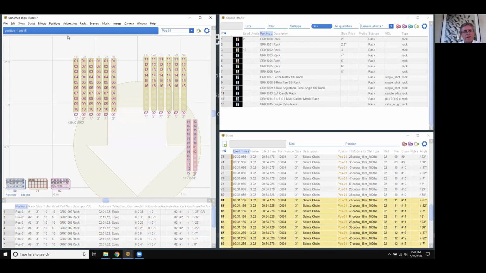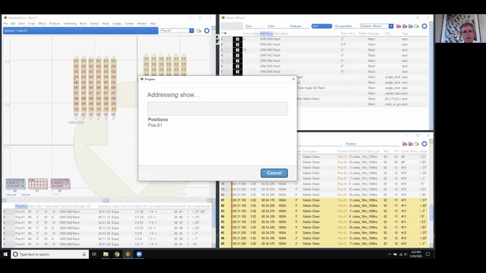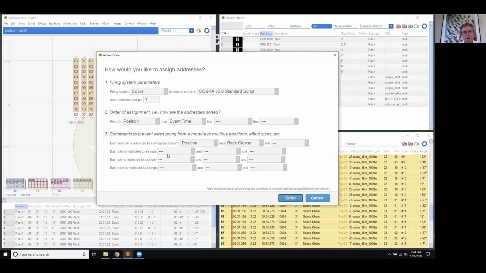Okay, so when I address the show into those two groups, these are cross-loaded chains. You can see number one is cross-loading across all of those chains in a fan. When I address into it, I'm seeing no problems here. That's great. But if I wanted to make sure, I could go back and address the show with the constraint that a pin is restricted to a single rack